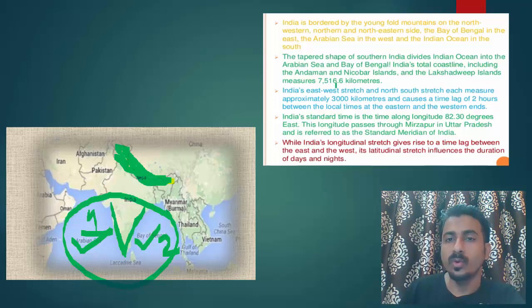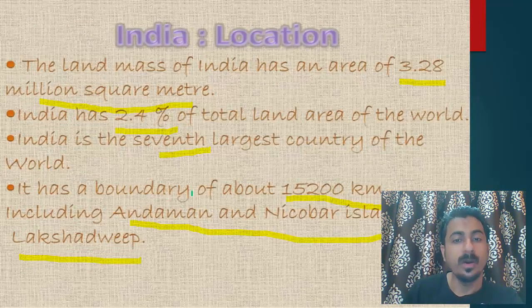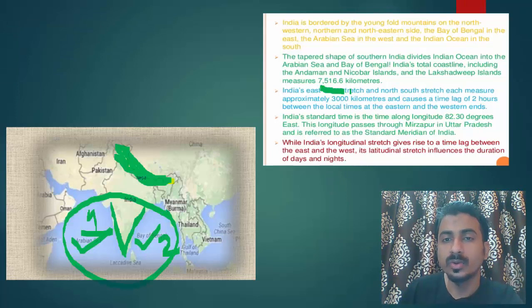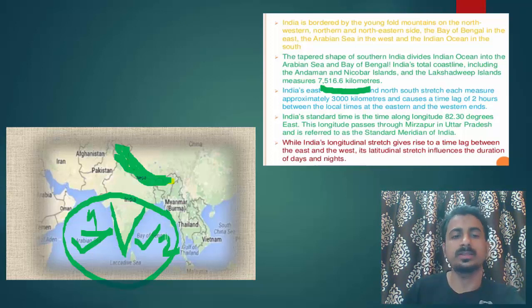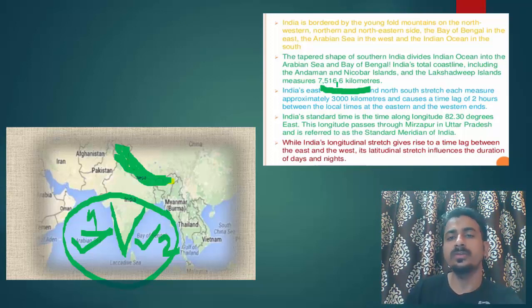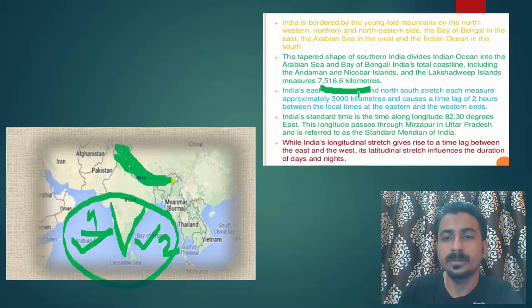Now Indian coastline, we talked about here, 15,200 kilometer boundary, which includes land boundary also. But here they are talking about coastline. So coastline can be this coastline also, and the coastline of the islands, whether it is Andaman Islands or Lakshadweep Islands. So it is 7,500 kilometers. You need to have a rough idea. You don't need to cram as it is. You can remember 7,500. Not exactly, you should know that it is 7,516.6, that is too much, but you should have a rough idea.